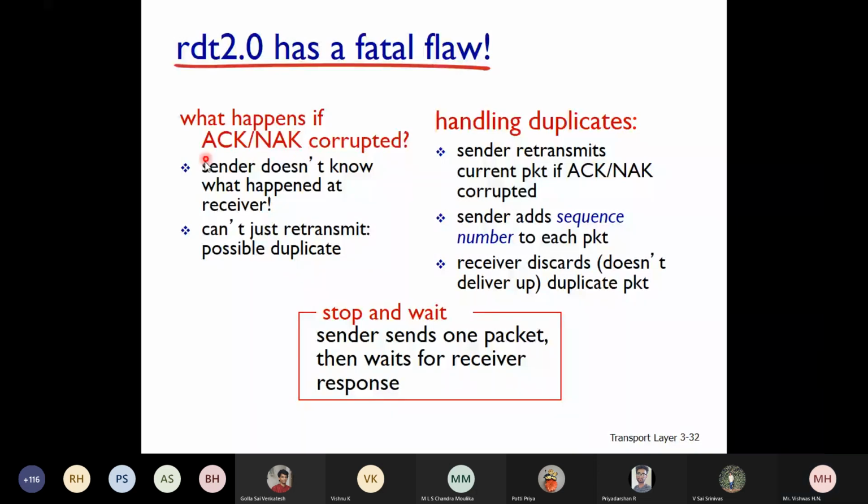You have to check the correctness of the acknowledgement or negative acknowledgement. How do you do that, students? Can anyone tell me? In 2.0 we observed that there are bit errors. So what did you add to find out the bit errors in 2.0? Checksum. So similarly, if you want to check whether the acknowledgement or negative acknowledgement that the receiver is sending is corrupted or not, what do you have to add there? As simple as 2.0.